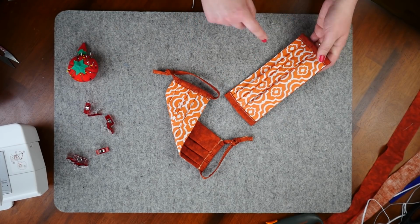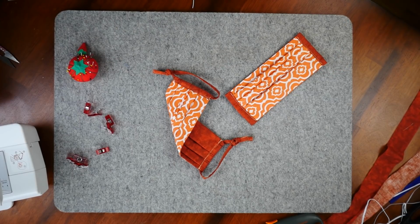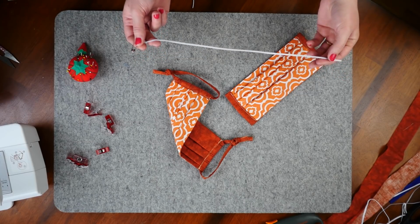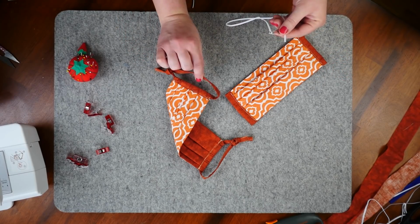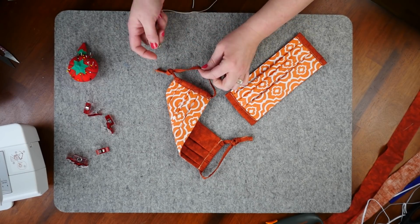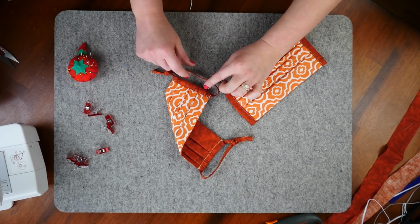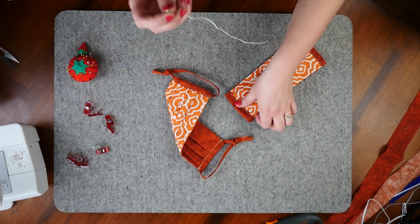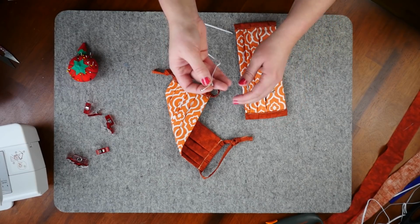Those are sewn nicely. And now I'm going to grab my ear piece. So I'm going to do the elastic. This is that 1/8 inch elastic again. This one right here is the homemade binding. I just wanted to show you what it looks like all completed. But now I've got a little pin here to help thread this through the channel that we made. And